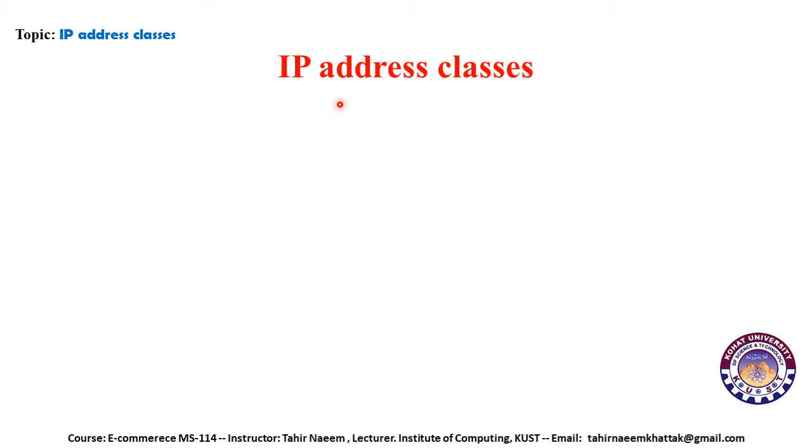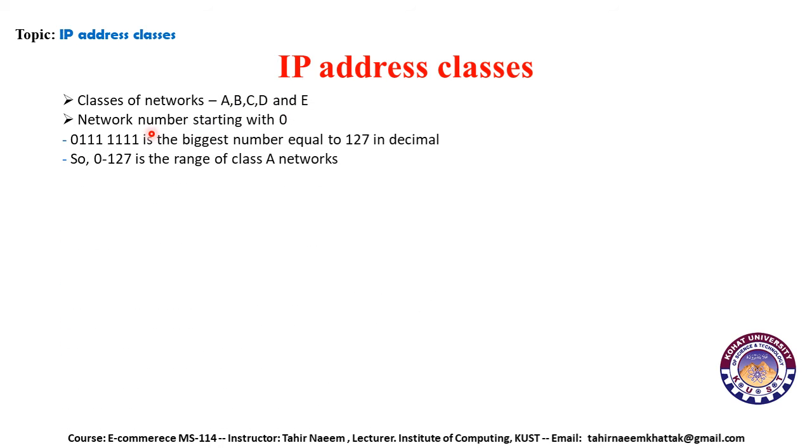IP address classes. So an IP address can be classified into different classes, and we will discuss it here in this slide. An IP address can be classified into different classes, namely A, B, C, D, E. First of all, the network number starts with 0. As we know, the biggest number is equal to 127. So any number in the first byte that is in the range between 0 and 127 is a class A network,